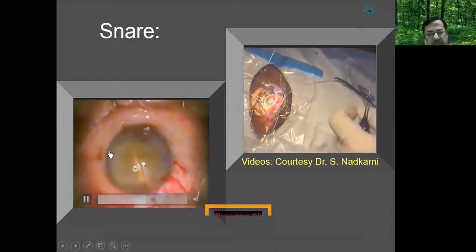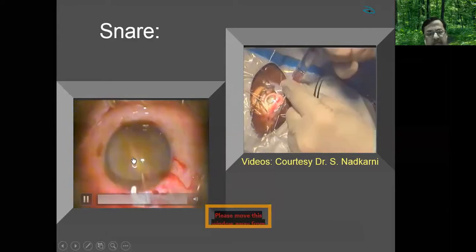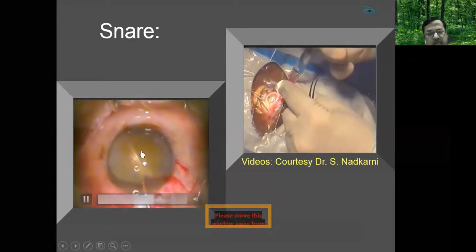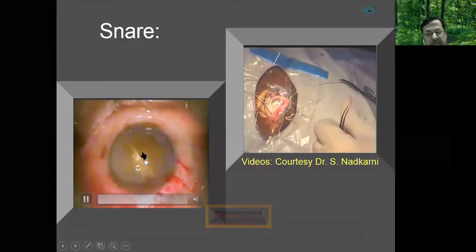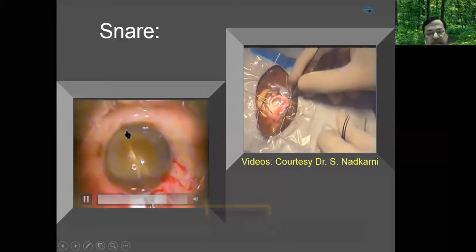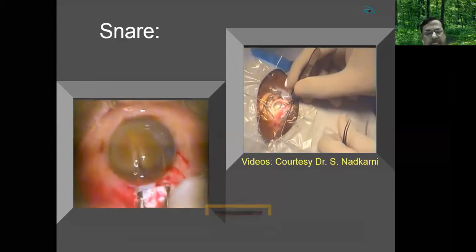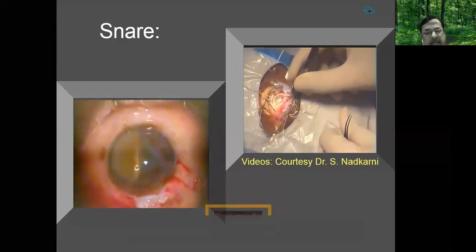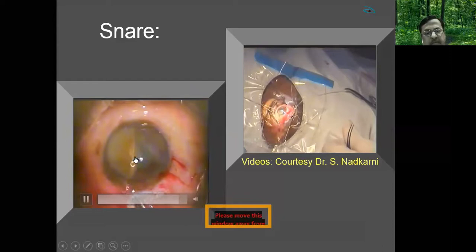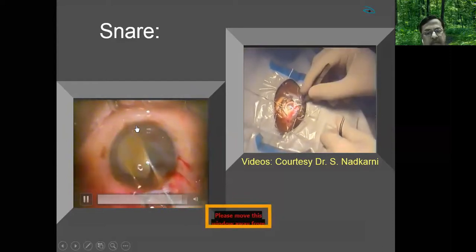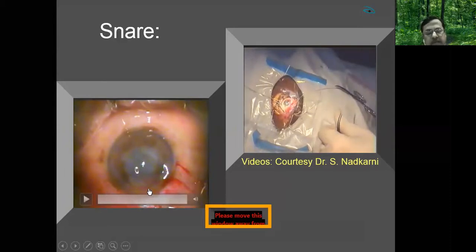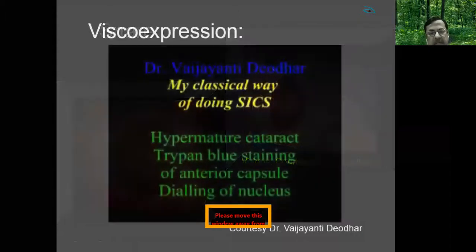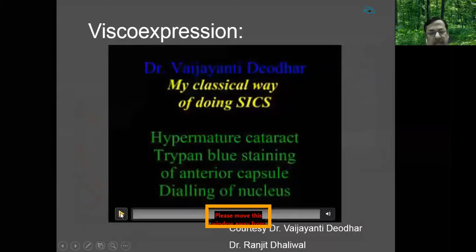This is not a very safe surgery. You have to be very careful. Use a lot of viscoelastic because you should not rub the endothelium, and you should not puncture the posterior capsule. But the major advantage of this technique is that many times in a hard and brown cataract, there are leathery strands between the two parts of the nucleus, even if you mechanically divide the nucleus. But with the snare, if you cut, the snare comes out totally through the nuclear mass. So whatever the two pieces are, they are perfect two pieces, and so the division of the nucleus is very good.